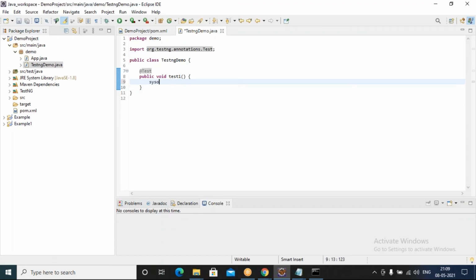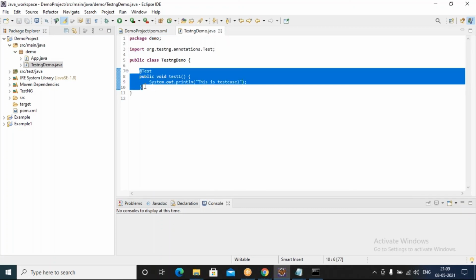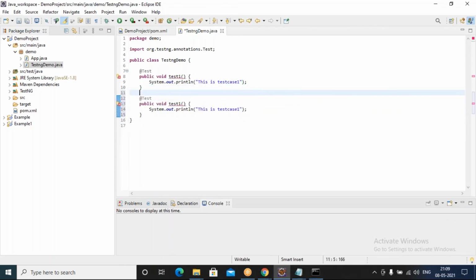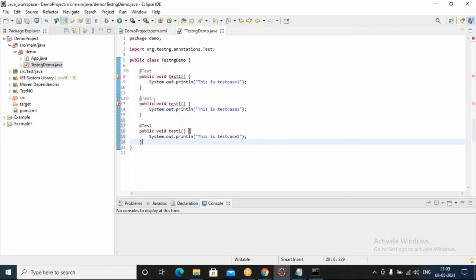And I'm just going to give a print statement here, like this is test case 1. I want to create two more. I need to change the name, test2, test3. Okay, I created 3 tests.